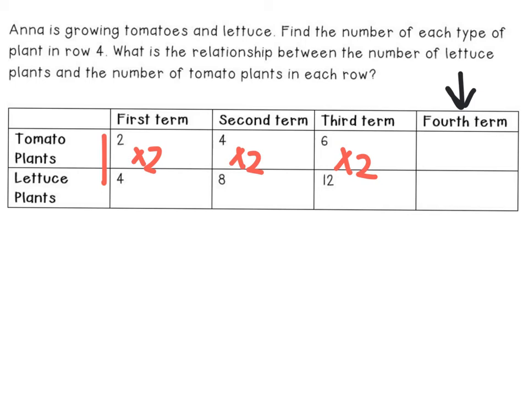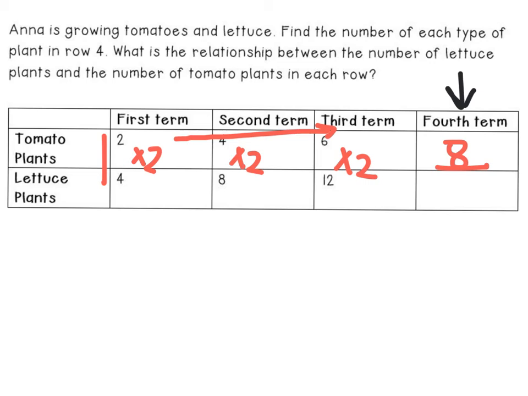I notice that as I go from left to right, I'm adding 2, 2, 4, 6. So in a pattern, the next thing that would go here is 8. They didn't give me that next term, but I'm using the pattern as I go from left to right in the tomato plants row to figure out what would go there under the 4th term. So that one's kind of tricky. You have to figure out what goes here, and then I need to figure out what goes below it with